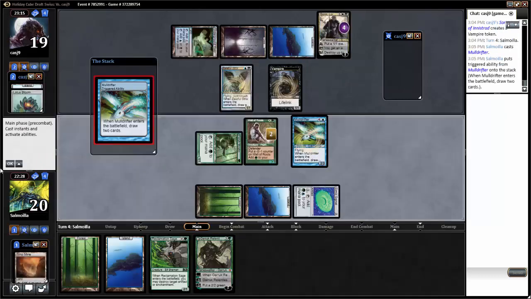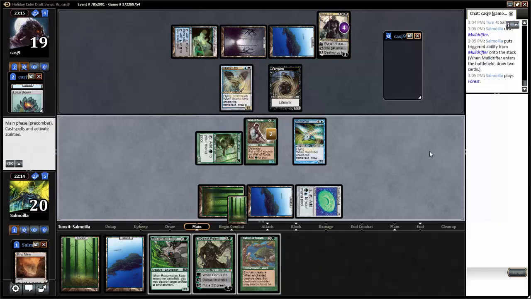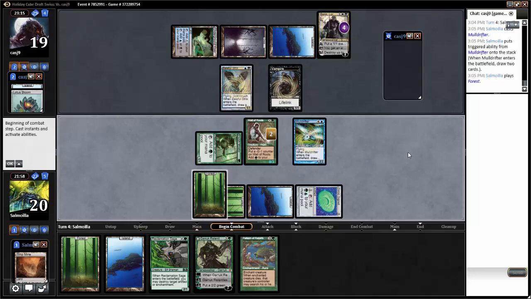Yep, I want to draw 2 cards. Pattern of Rebirth is not the best, but neither is it the worst, so I'll just play Forest, and if he attacks with the Baleful Strix, if he -2s and then attacks with the Vampire, I'm most likely going to block with Wall of Roots. We'll figure that out when we get there. There's no attack I can make, so...